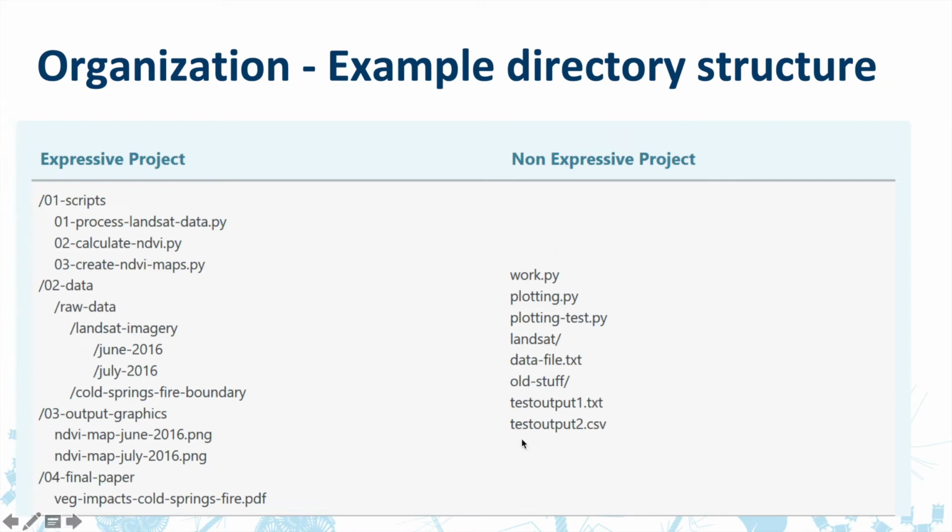And then on the right here is an example of a non-expressive project. It's hard to tell what's going on. You can see some of the file names are not very well explained, and there are different file types here and so on. And there are only 8 files in this directory, but you can imagine that if this project has been going on for 3 months, 6 months, a year, 2 years, it will start to get really hard to figure out what's going on, and definitely really hard to reproduce any results that came out of that project.